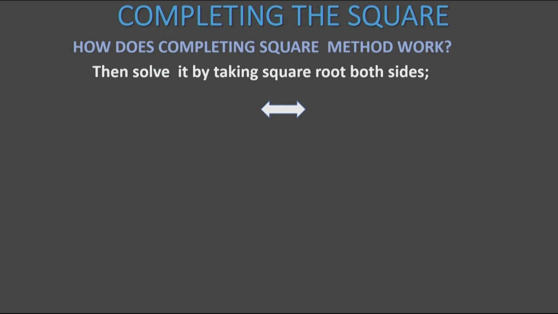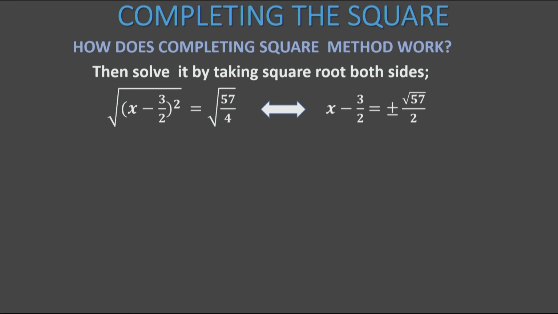Let's proceed and solve this question. Then we need to solve it by taking the square root of both sides. You see, it's a repetition of the same. Now, when you take the square root of both sides, the answer will be x minus 3 over 2, which is equal to plus or minus the square root